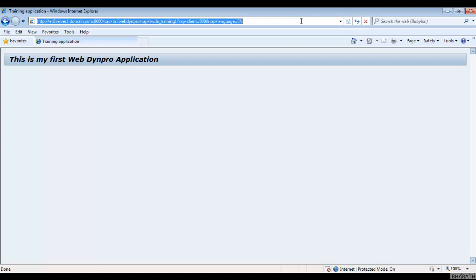When they have 20, 30 or 50 applications, or multiple products, divisions and modules, it's hard to remember all the WebDynPro application URLs. That is why they configure all the WebDynPro applications in Enterprise Portal or NWBC, so that they log into and access the NWBC or Enterprise Portal.